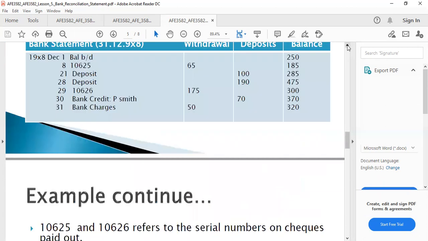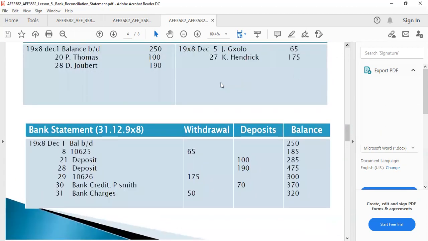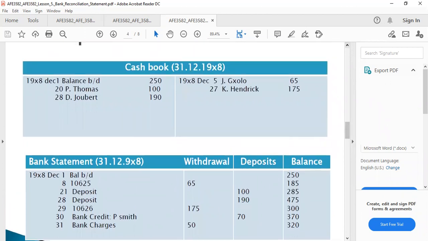So now that you are given your cash book and you are given your bank statement, the first thing that you need to do is compare them. Now please take a pen. I want you to note down what I'm about to tell you now. So it says that your debit side of your cash book